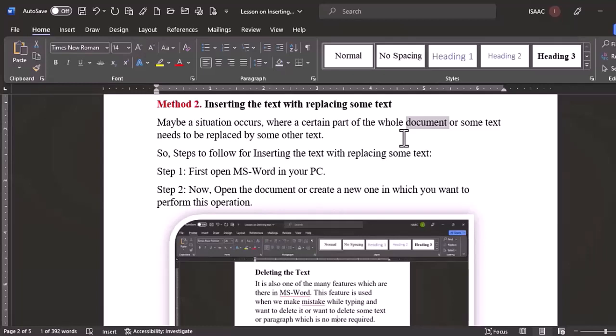The moment you start typing, the selected text by default vanishes and is replaced. Now see, when I type the text, the document vanished from its position. So that is replacing some text, and it has been explained here